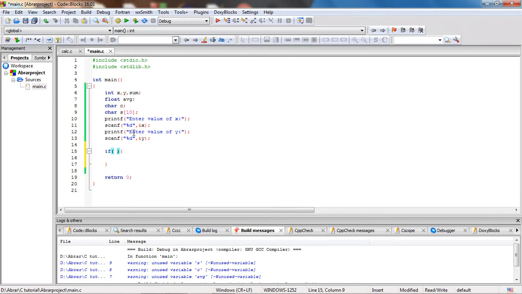So let's say when we type in the value of x and y, if x is greater than y, it will print out "x is greater than y". Else, which means if this condition is not true, it will go to this. Else,